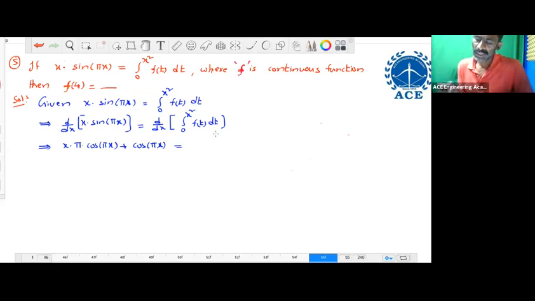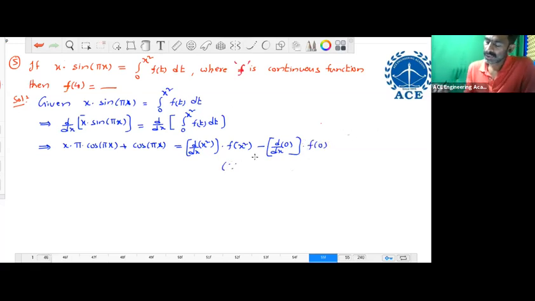Right hand side, we apply the property, just like d by dx of the integral from u of x to v of x. We remember that property: upper limit minus lower limit. So d by dx of the upper limit x square, into f with the upper limit substituted in place of t, that is, write x square in place of t, minus d by dx of the lower limit, which is 0, into f of 0. Since the property is like this,